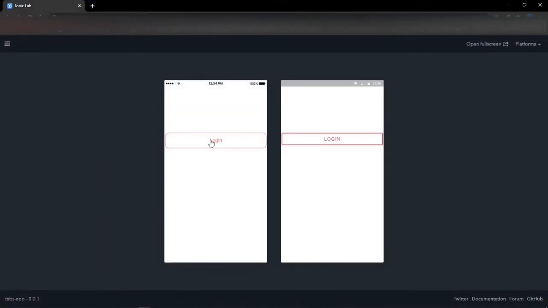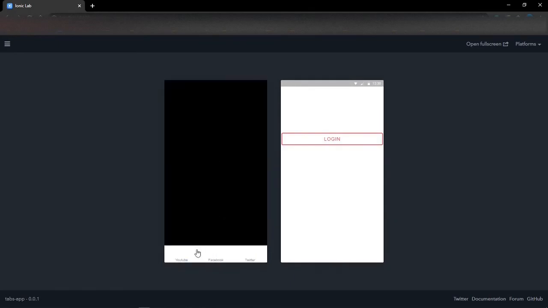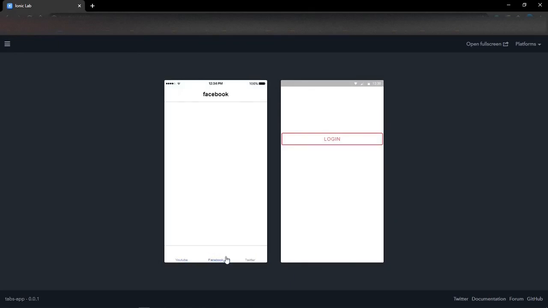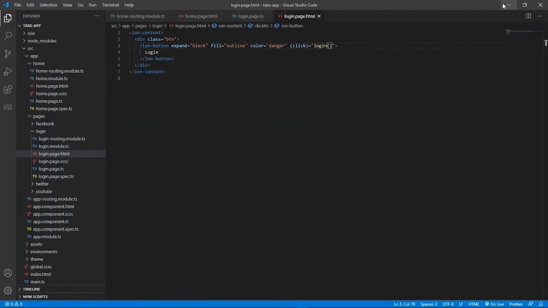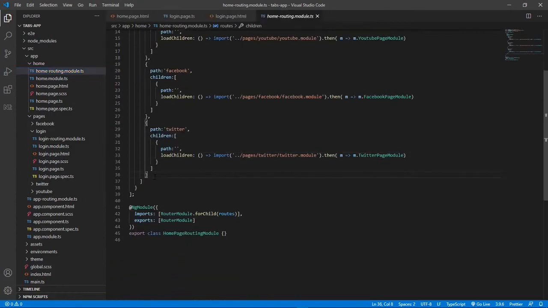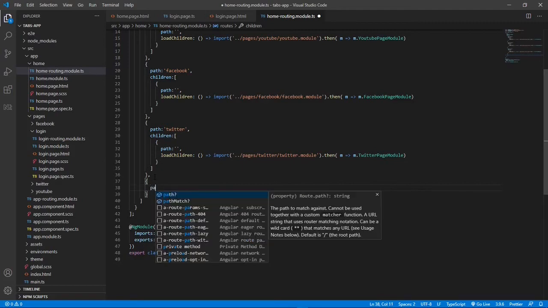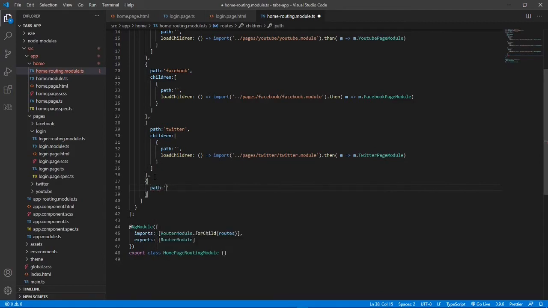If we get here, now if you click the login, it takes you straight to the home page, but notice here when it gets to the home page it does not display any tab until you click a certain tab. This is basically because we did not specify what to do if the route is empty. To do that, we need to go back again to the home routing module and add another path here. So we're just gonna say path and make it empty, and then it's going to redirect